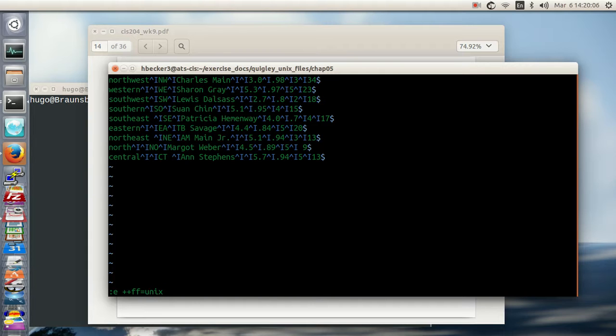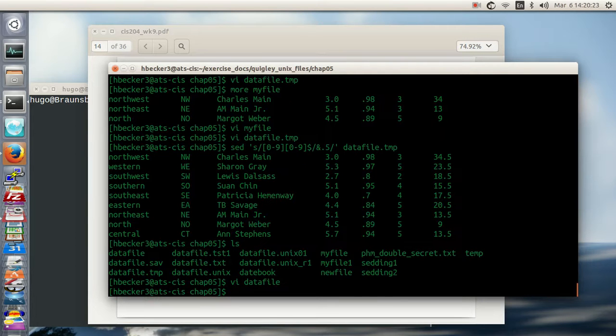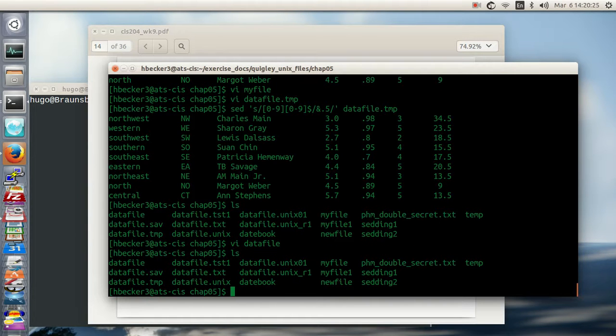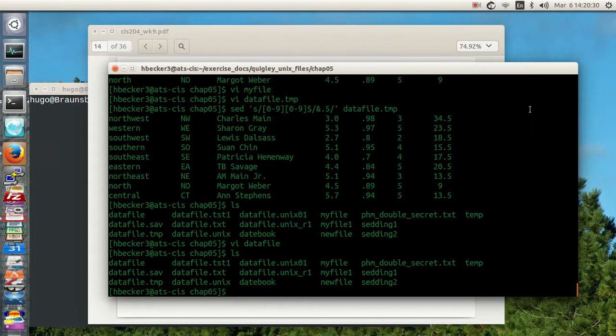And if I do this command, E ++FF=unix, I should see the Control-M. Well, I've cleaned up every one of these files that I have in my account on cis.jccc.edu, but I happened to find one